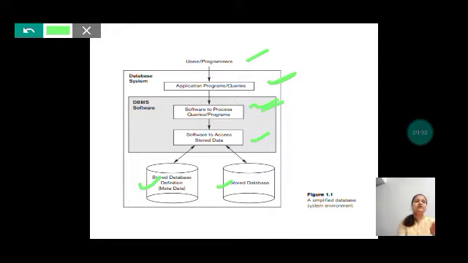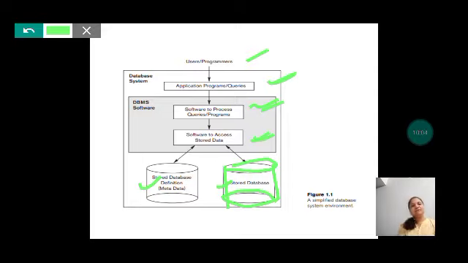After that there will be a software to access the stored data. Your DBMS software will understand which type of data the user has asked for, and the software meant to provide access to the stored data will search in the stored database whether the data the user requested is available in my database or not.